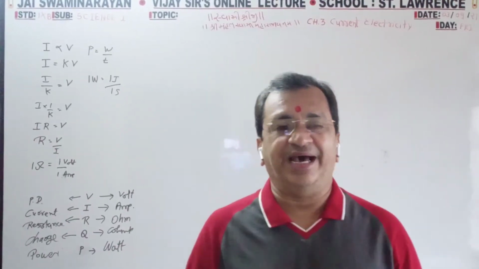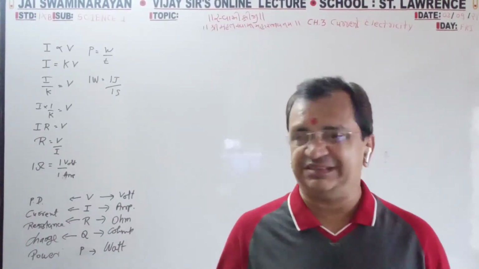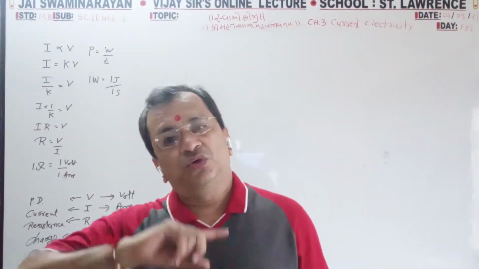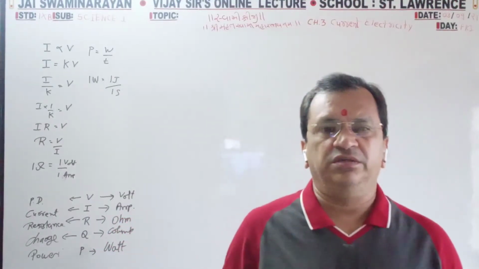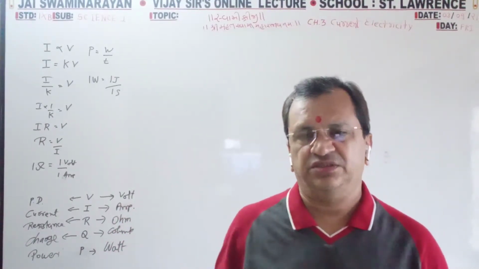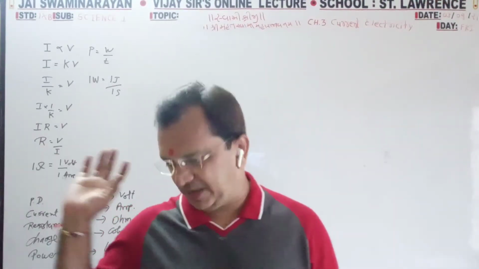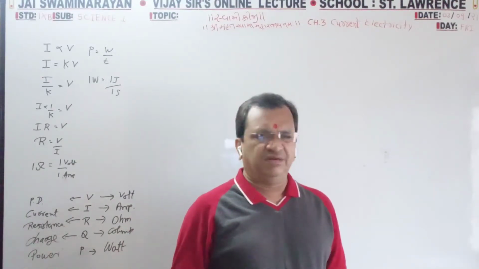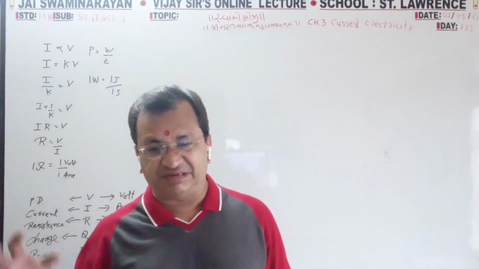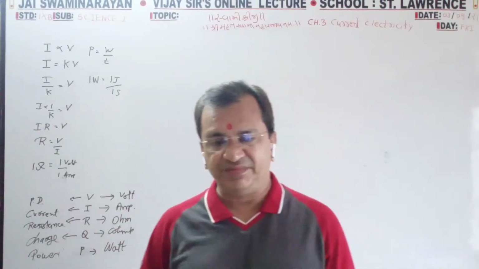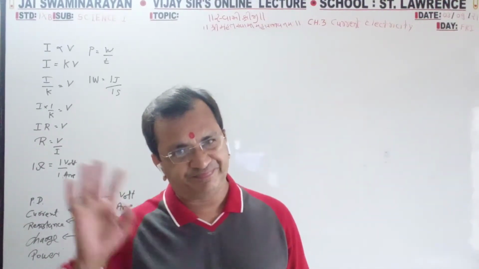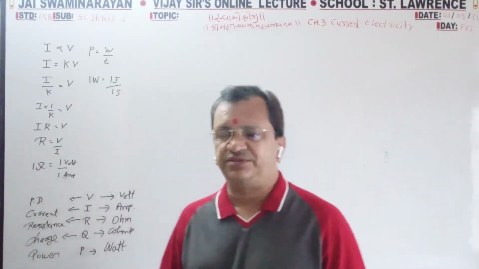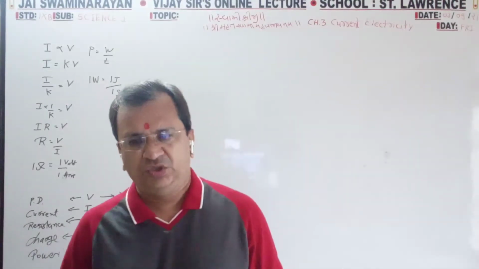So the four diagrams are based on first, electric current; second, Ohm's law; third, resistances in series; fourth, resistances in parallel. The last two topics are very interesting, and in the textbook or the digest, how they have given, no, forget it. You will follow only my method, my points, my diagram. Okay, first